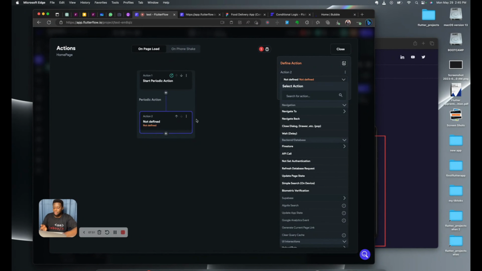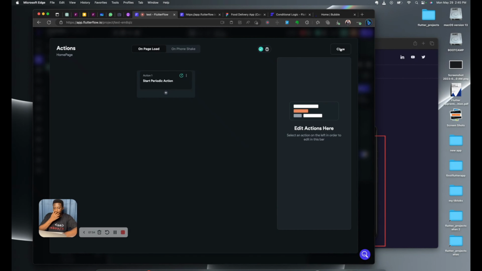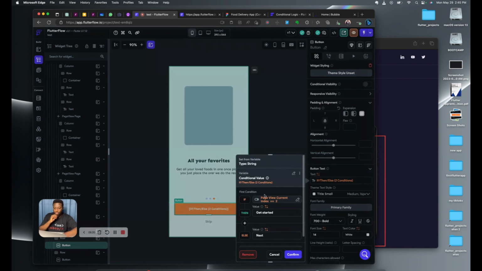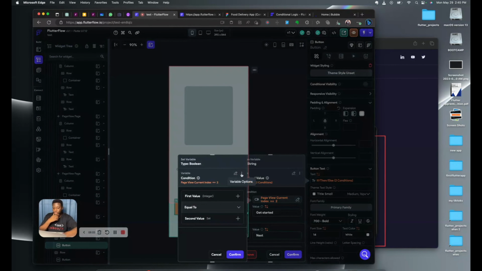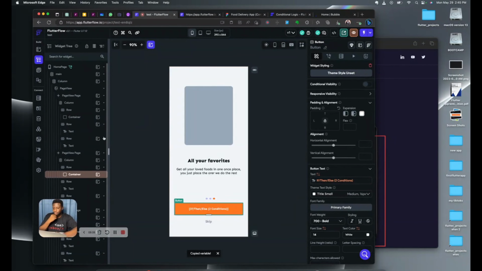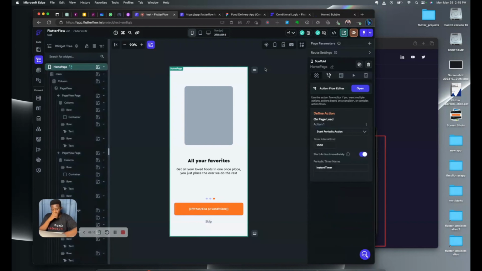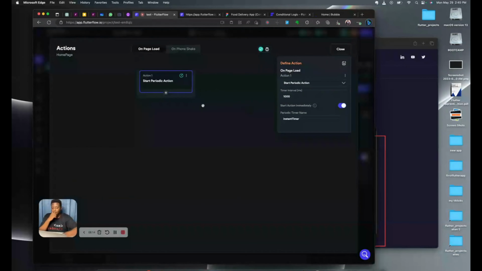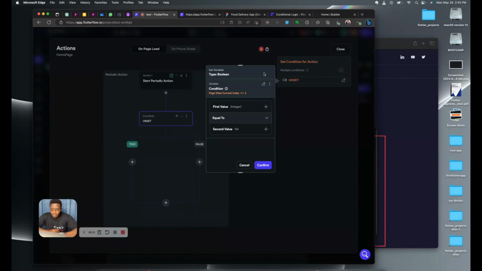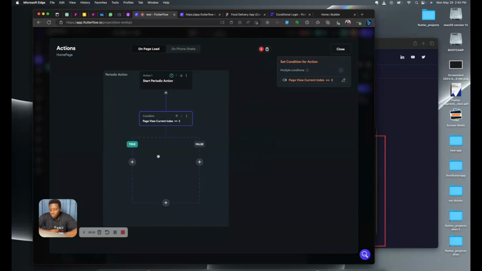So you can click on add action. What I'll do now is go to that option I wrote here, and click on this condition I just wrote, copy variable. So I'm going to go to my action tree, and let me add that condition. You can add conditional actions, so actions that only happen if something is true or false. Paste, confirm. So if the page view is equal to 2, all right, what will happen is that